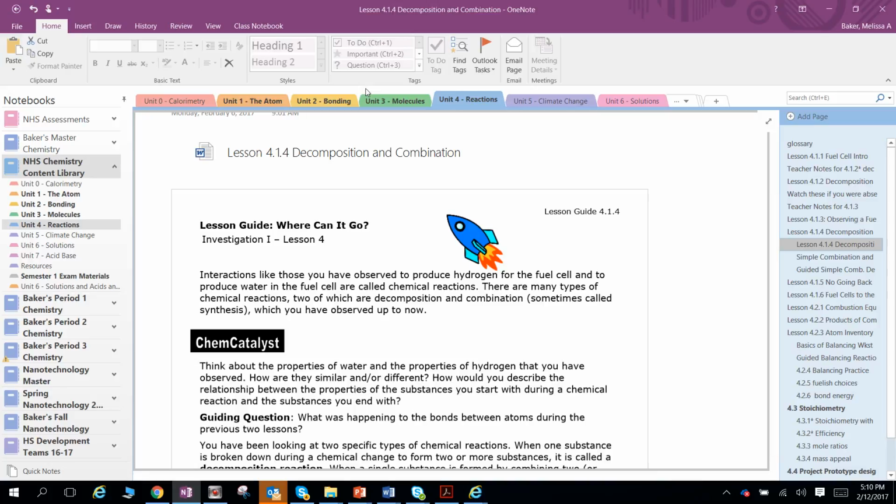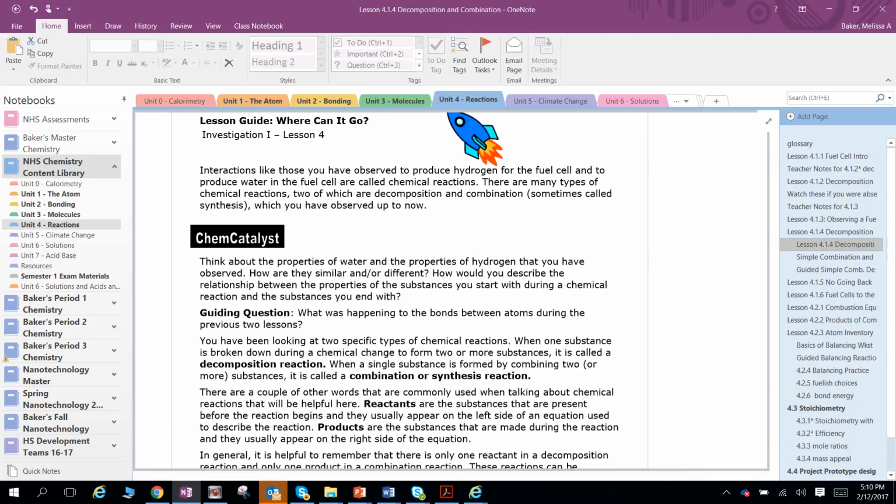Okay, so you missed the lesson on decomposition and combination reactions. These are 2 of the 5 types of chemical reactions. And we've actually already seen an example of each of those reactions in lesson 4.1.2 and then in 4.1.3. So let's take a look at their definitions and see if we can figure out what we classify the reactions